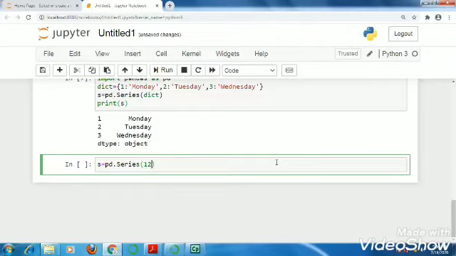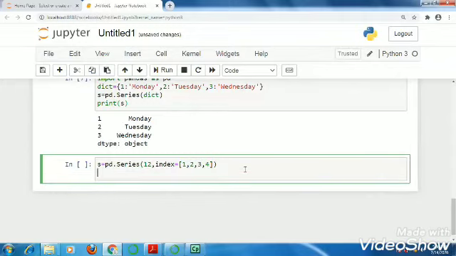Suppose the value is 12 and for index I am providing a list, that is suppose 1, 2, 3, 4. Now it depends on the index values how many times your scalar value will be repeated. So print s, shift enter.